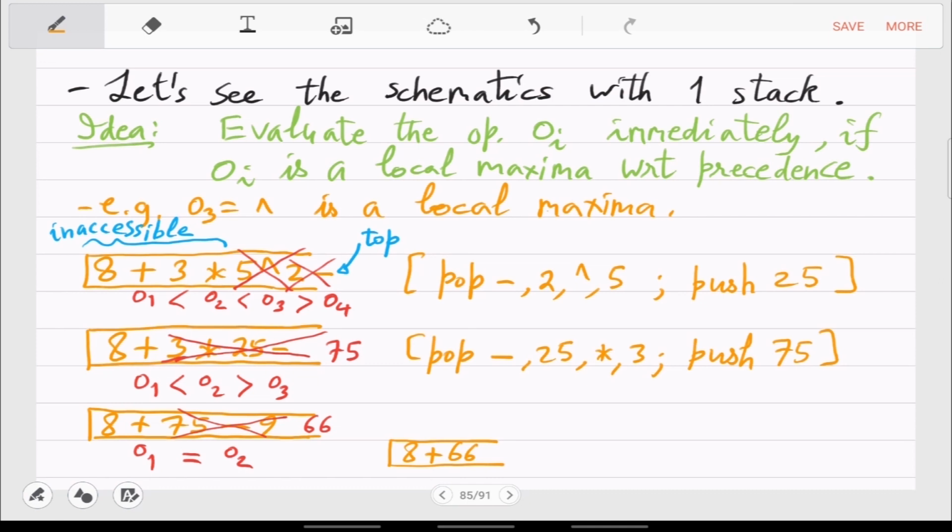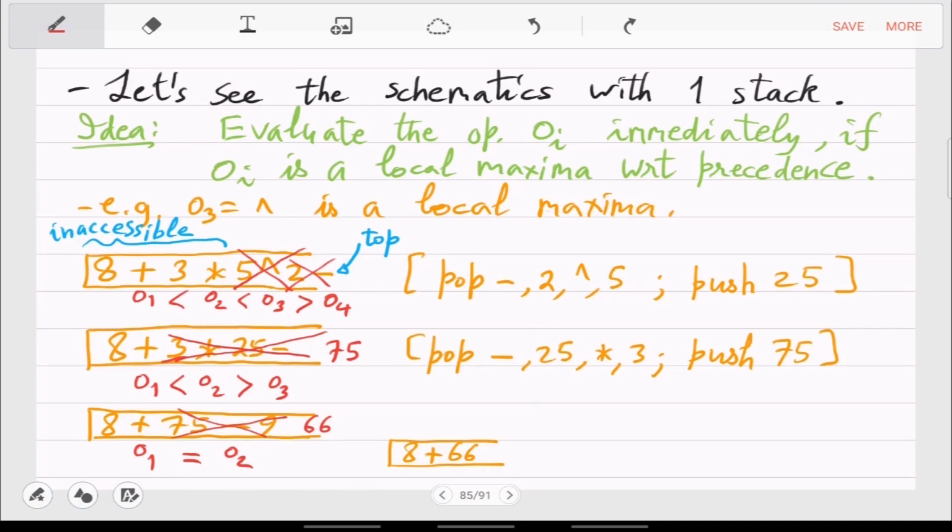So you can do from the top the minus operation, and then you can do the plus operation. So again, there is a pop which happens. So 75 minus 9 was removed, or maybe technically I think it should be called plus 75 minus 9. Otherwise the arithmetic changes. If it was minus 75 minus 9, then you should have done something else, not got 66. So it's actually plus 75 minus 9, which we have calculated to 66.